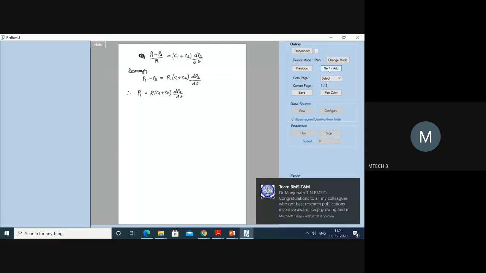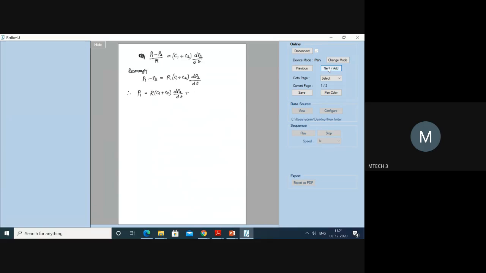P1 is equal to R into C1 plus C2 dP2 by dt, plus P2. Okay, right. Have you noted down here? Yes, sir. Okay, now what is this equation? This equation describes